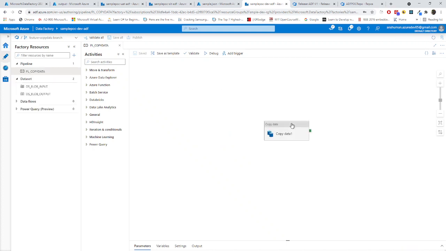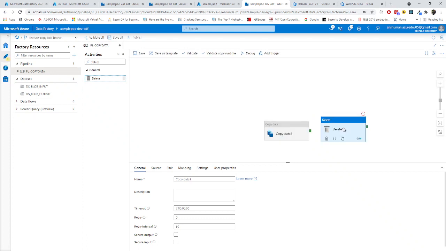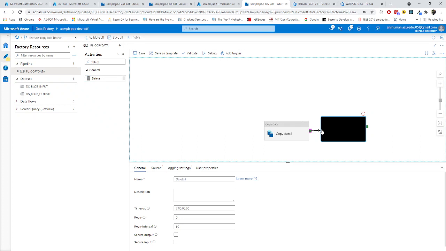Now I will create a small new feature, that is delete. My objective is that once the files are moved from the input container, all those files will be deleted in the input. There is only one file, so that file will be deleted.